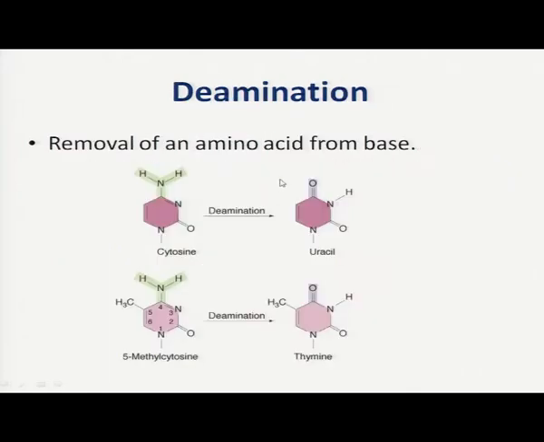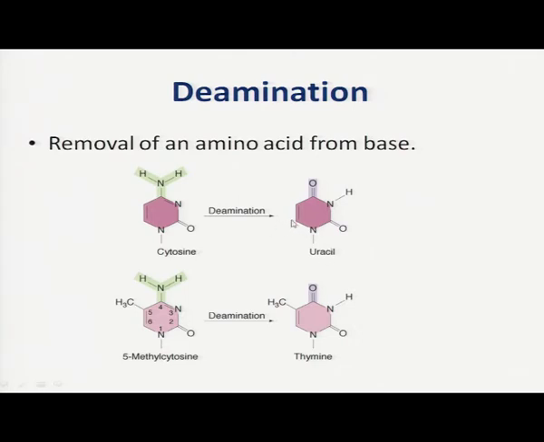Next, a spontaneous chemical change is deamination. Deamination means removal of an amine group from the base. You can see in the case of cytosine, if deamination occurs, this cytosine will be converted into uracil, and